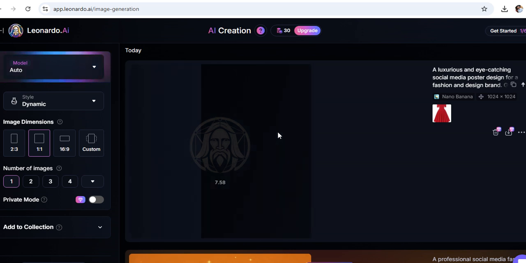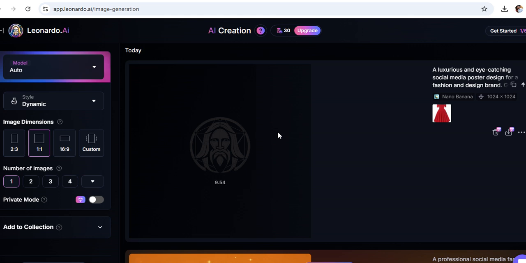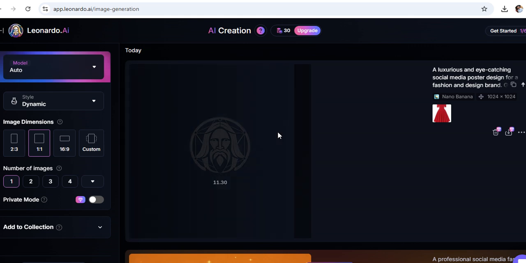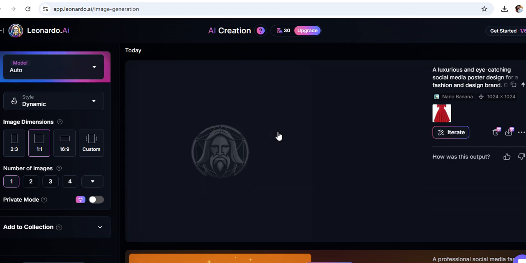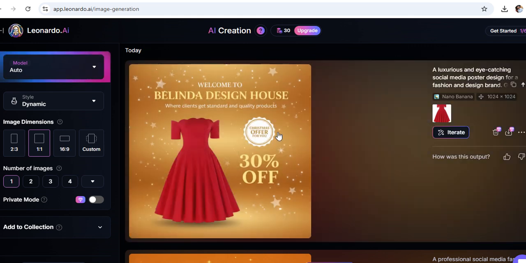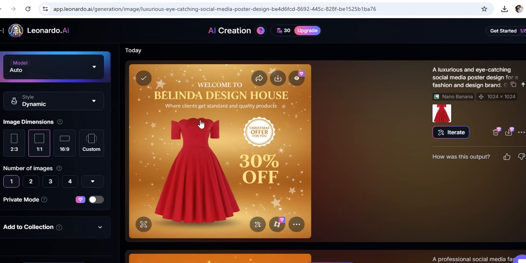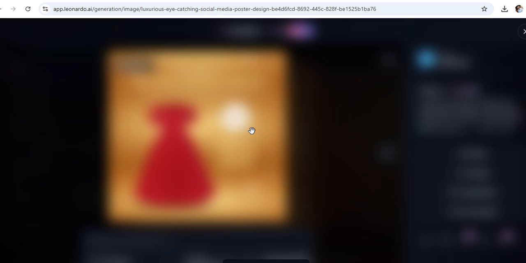And this poster, you can use it on social media, and that is how people are making sweet posters using AI. So we have our poster. Look at it, very beautiful, Belinda Design House. And that is how people make and sell. Look at how beautiful this is. Let me zoom it for you. Look,